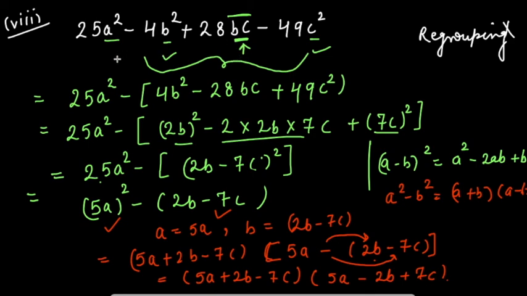Okay, I am repeating this question. In this question, I tried it with the regrouping or rearrange method. We were not getting any factors. I focused on this bc term, so I regrouped the b and c terms with it in a bracket, you see here. Now this is turning out to be one identity, which is (a minus b) whole square. 25a square can be written as 5a whole square. This is again turning out to be another, third algebraic identity, and I've expanded it as (a plus b) into (a minus b). So this was question number 2 of exercise 14.2.